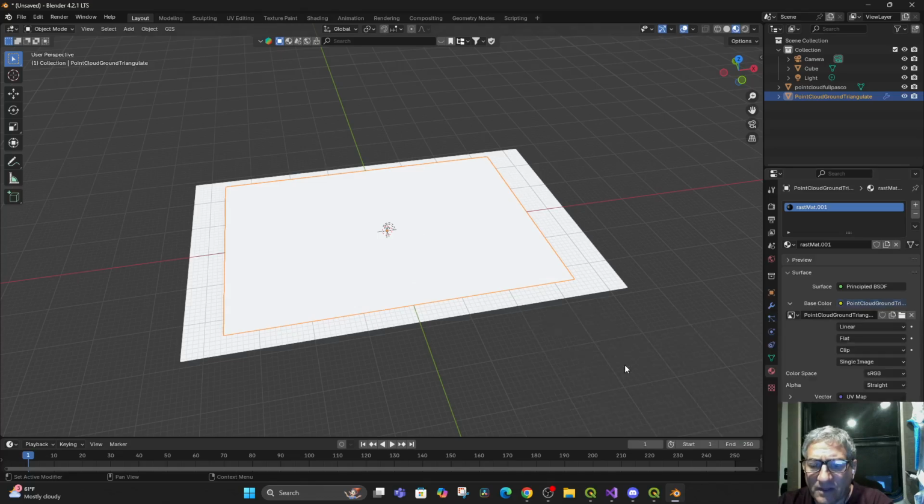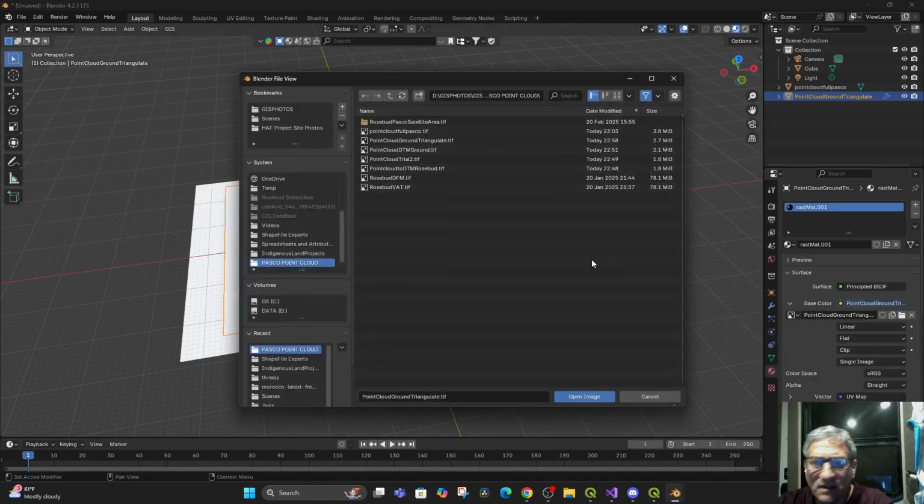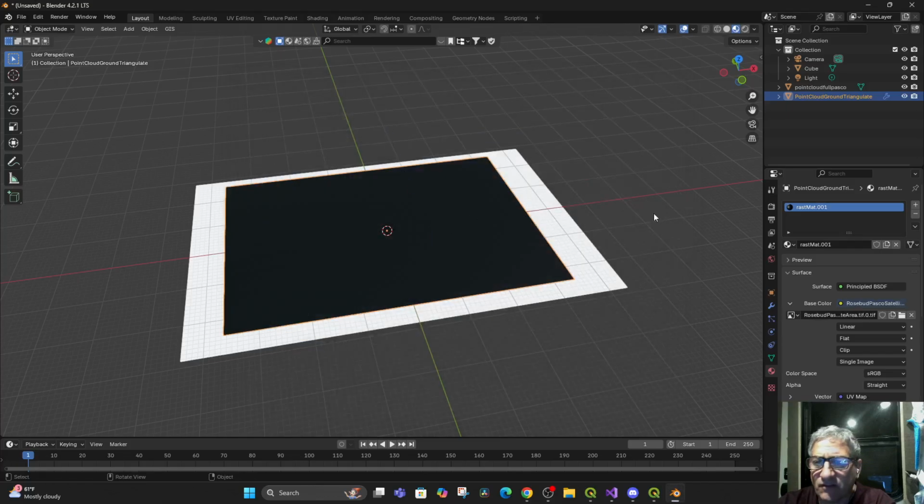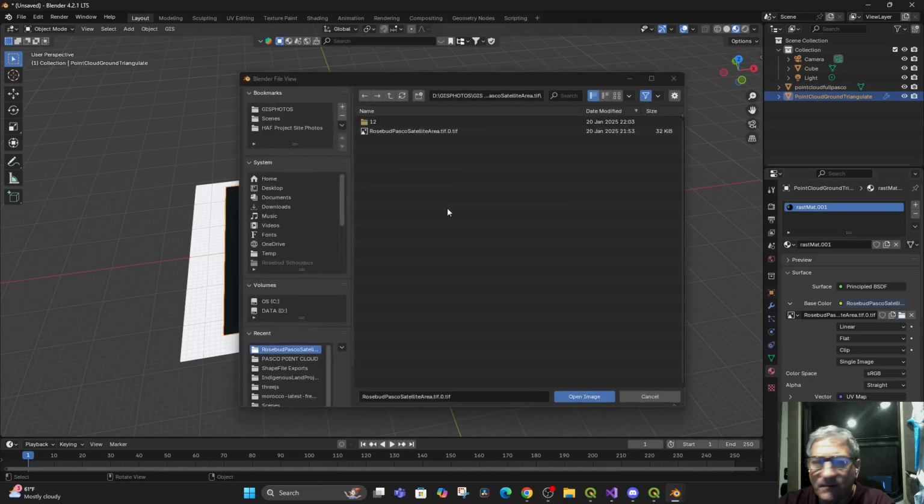It would be an image texture. Then if we bring in, these are all different. That doesn't do anything. It's the wrong one anyway. Add